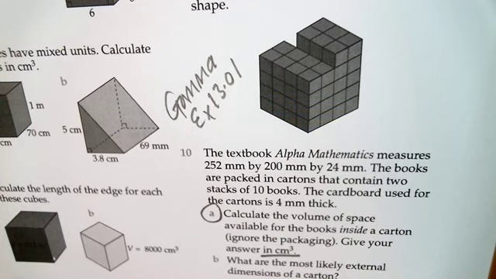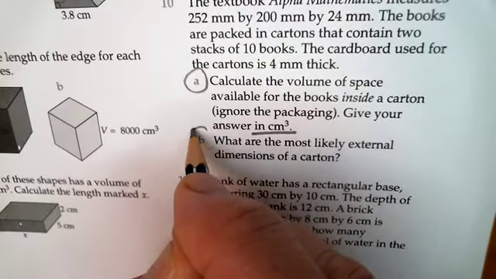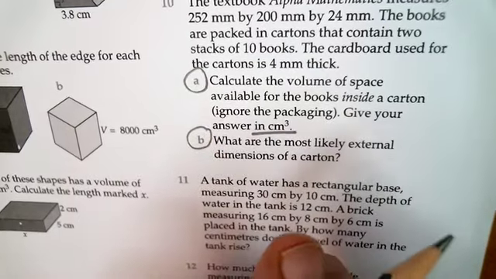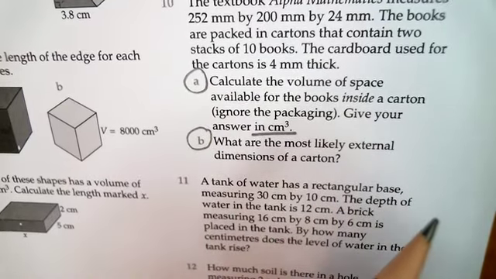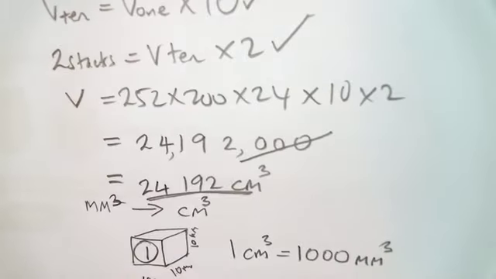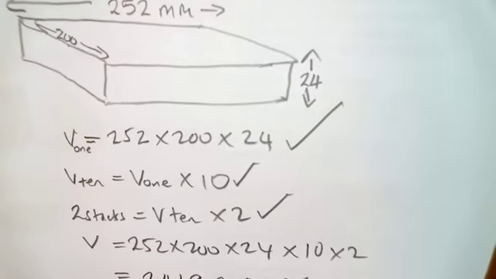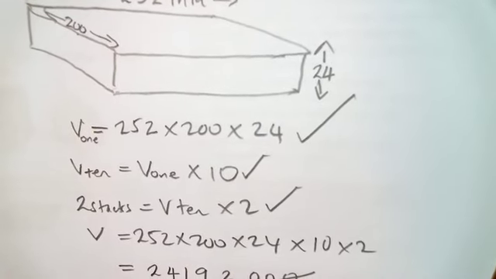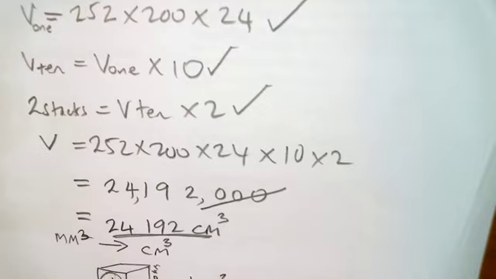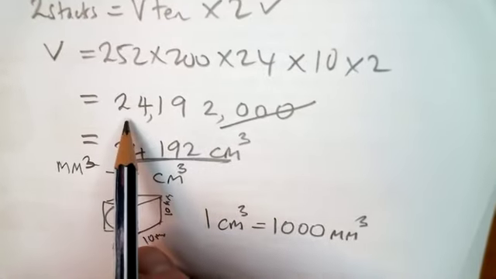All right, let's take a look at this next one. This is exercise 13.01, question 10. This time I'm going to do question 10b. And in the previous question, we calculated the volume inside a box that held 10 books, 20 books, two stacks of 10. This time the question is saying the internal volume is going to be